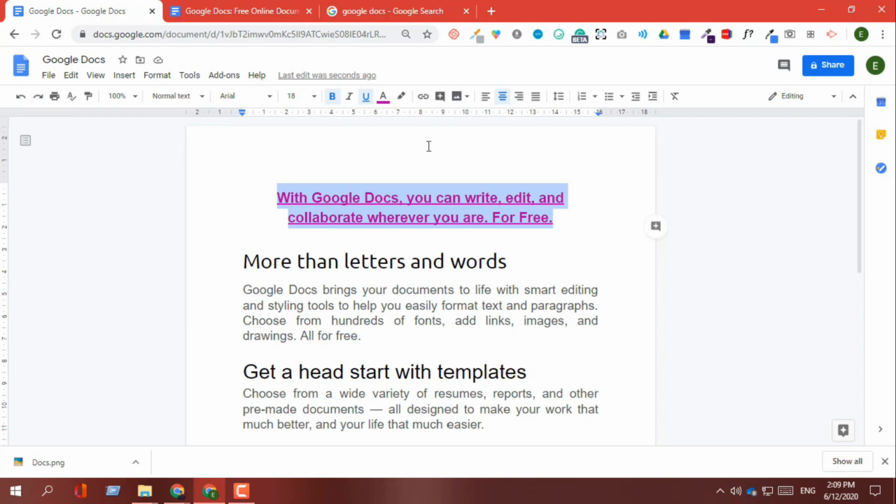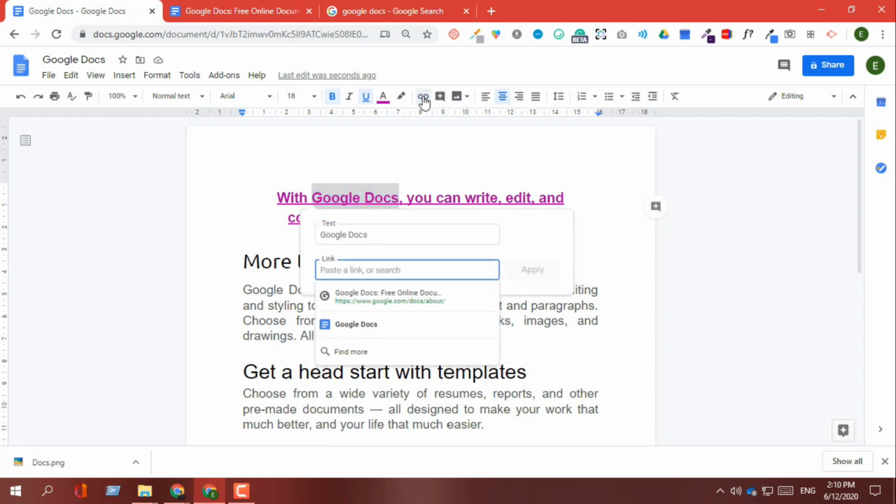This is the normal one. And for example, if I click on this one, it will take me to docs.google.com. Just copy this one and select this Google Doc, and here is an option called insert link. If you click on insert link, there are two options.